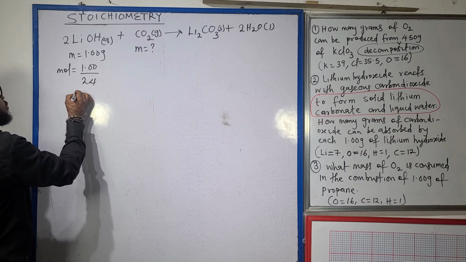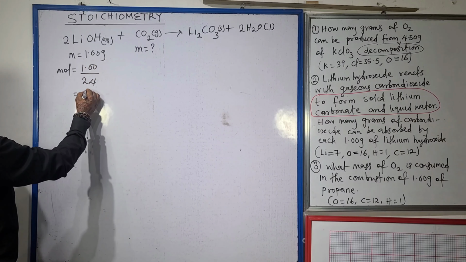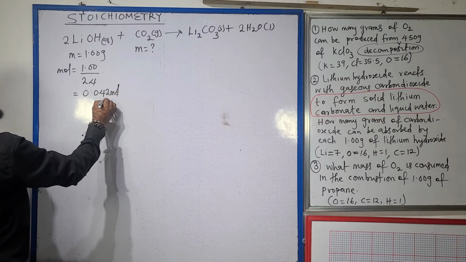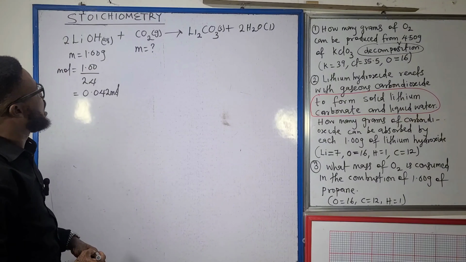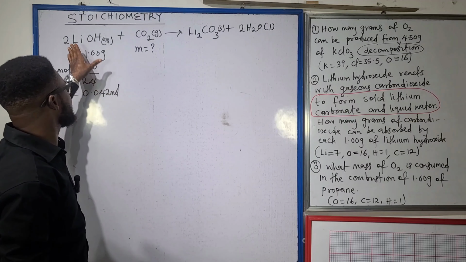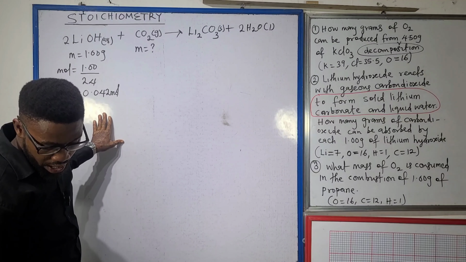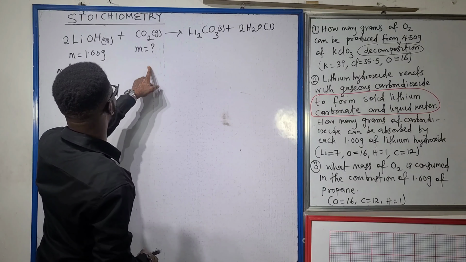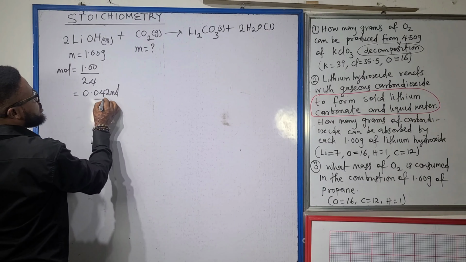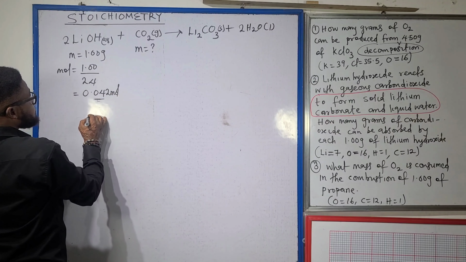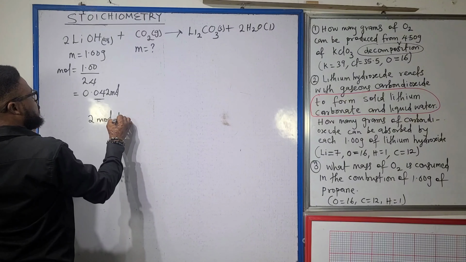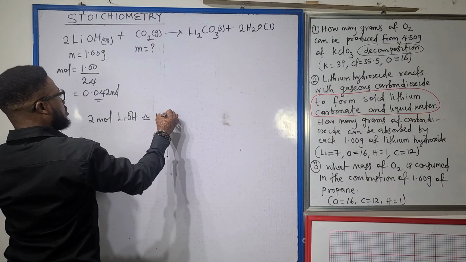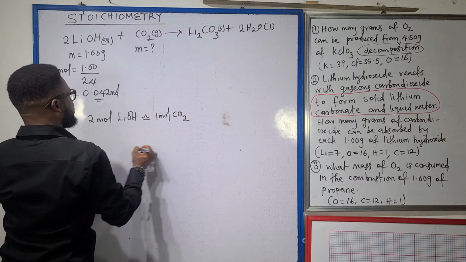1 divided by 24 should give us 0.042 mole. That way, I have been able to convert my lithium hydroxide, that's the key, to mole. And then the next thing is I can use this to unlock this. How do I do that? I'll say, okay, 2 mole of lithium hydroxide is stoichiometrically equivalent to 1 mole of carbon dioxide, so that